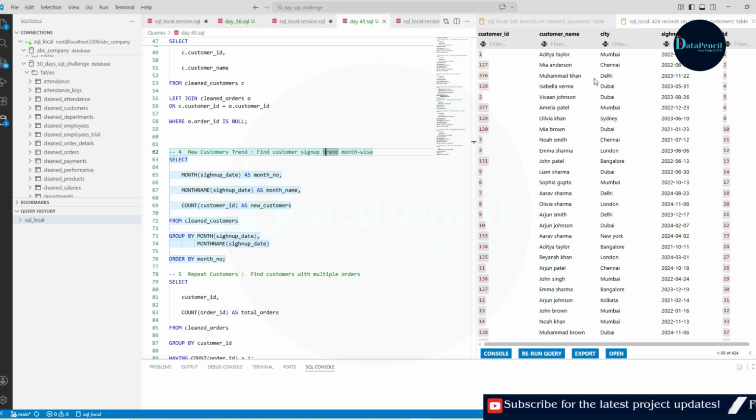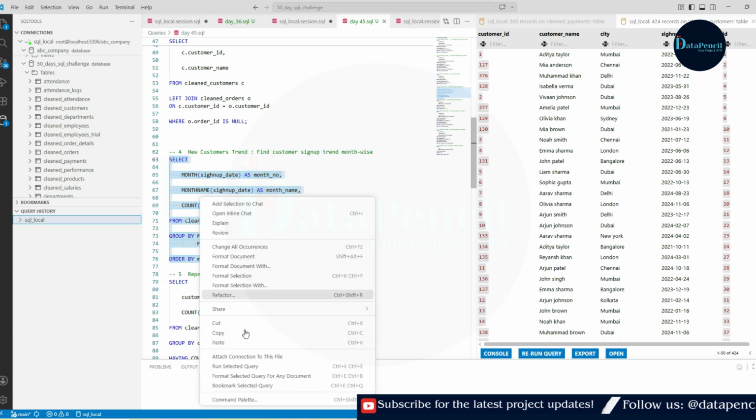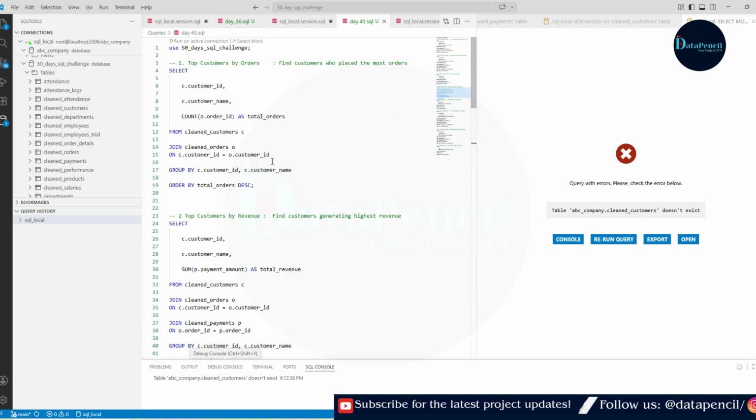Now the month will appear as month number and the month name will appear as month name, and then we will count the customer IDs for that particular month. It means we need to use group by month and month name. Then we will simply use order by month number, so we arrange our data in ascending manner by month number. So let's run this query and see the result. Okay, just a second.